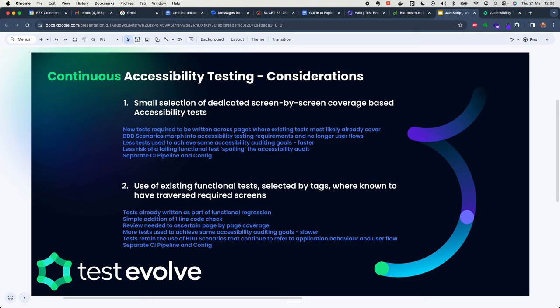And quite simply, those are choice A or choice one. Do you have a dedicated selection of tests that essentially traverse your application page by page and run an accessibility check on each of those pages? Okay, that's the first option. The second option